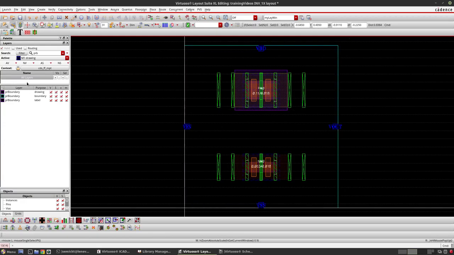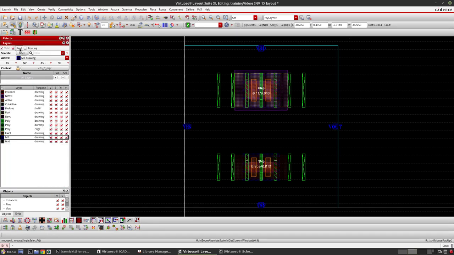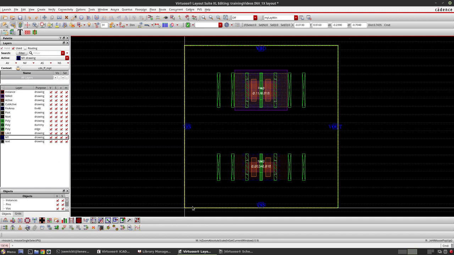So now we'll delete this thing in the filter and click on used. Now you can see only the used layers are appearing in LSW. All the unused layers are not present here. Okay, so now what we will do is